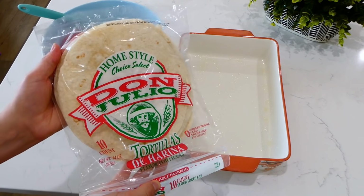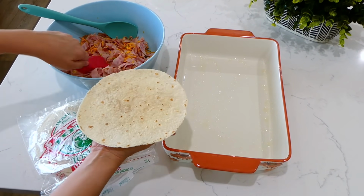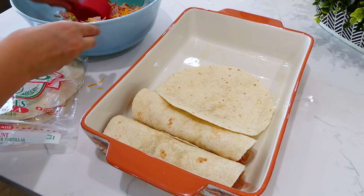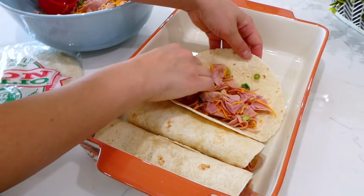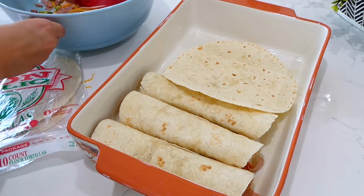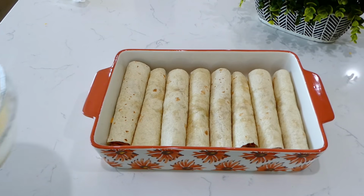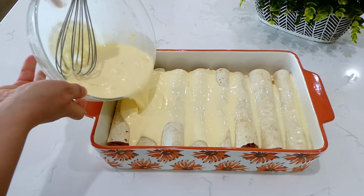To assemble these enchiladas, you'll grab a flour tortilla, and this whole bag of flour tortillas was only $1 at my grocery store. I filled that tortilla up and I rolled it. I just repeated this until all of that ham mixture was gone. Over the top of the enchiladas, you are going to pour that egg mixture, and then you'll cover everything with